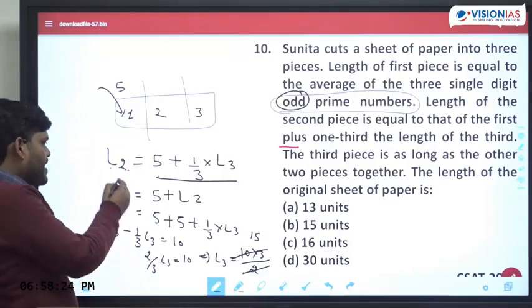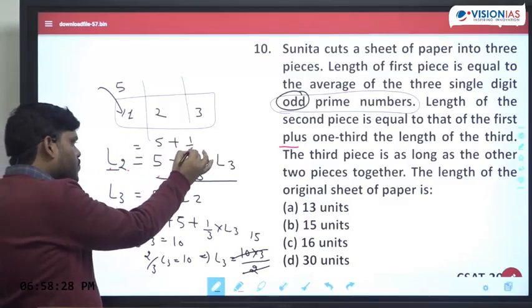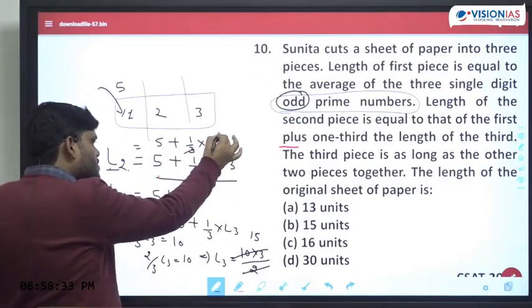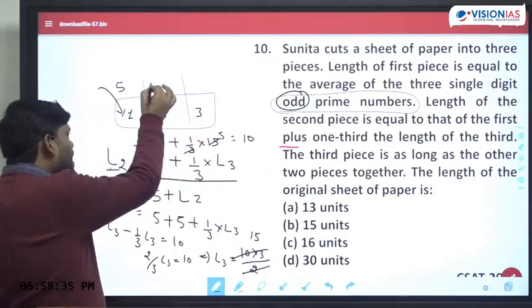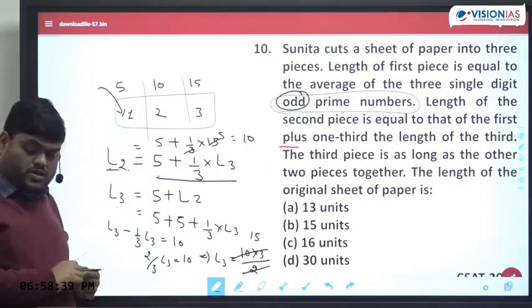Now we have L3, so L2 we can find out. L2 will be 5 plus 1/3 of L3, which is 15. This is 10. So L2 is coming as 10, L3 is coming as 15. Total length should be